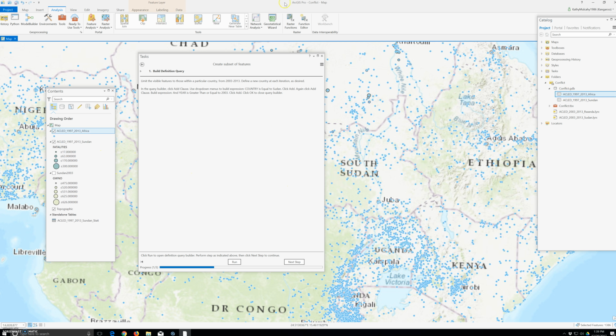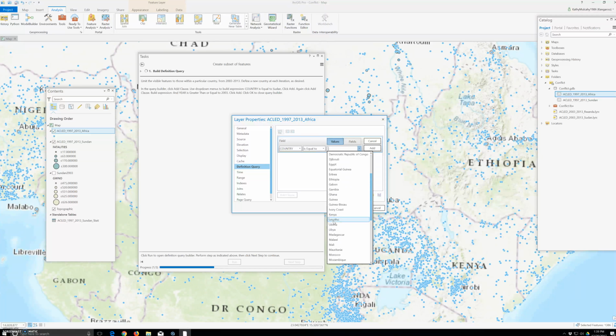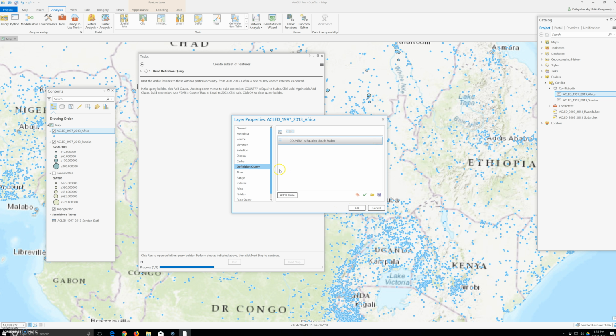Alright, going to run. Alright, add across, it's South Sudan, country equals to South Sudan. Where is South Sudan? Right here. And then click add, and we're going to add a clause for and year is